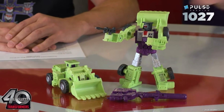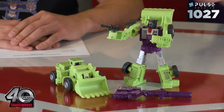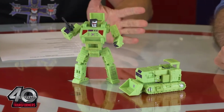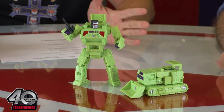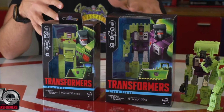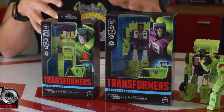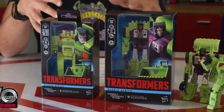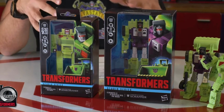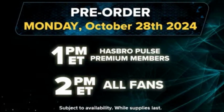But now moving on to the reveals from earlier this morning regarding the 86 Constructicons, we officially have our first look at the Studio Series Voyager class Scrapper and the Studio Series Deluxe class Bone Crusher, and they both look pretty good. However, it's been revealed that the box art will be completely different by 2025. There are still some figures that will have the older box art, but it seems like this is the new direction for the Studio Series box art. Not sure how I feel about this, as I have been used to the original packaging for the past 4 years. But let me know what you guys think about this new style of packaging. And again, both pre-orders will go live tomorrow at 2 p.m. Eastern Time